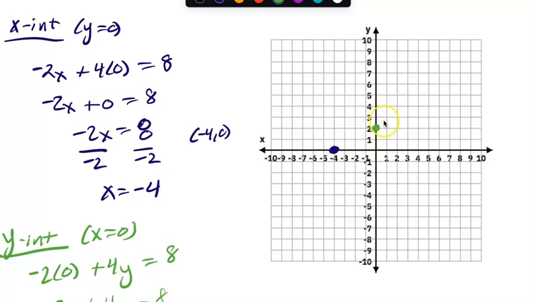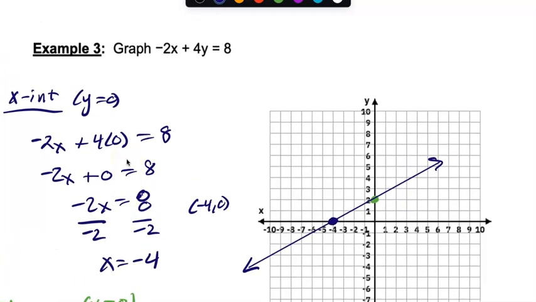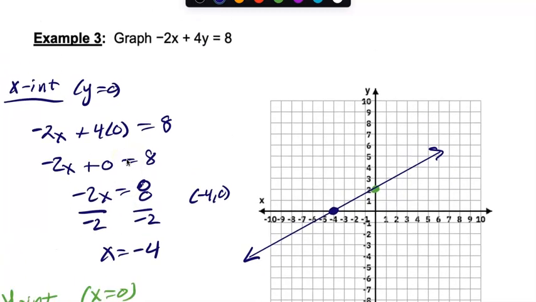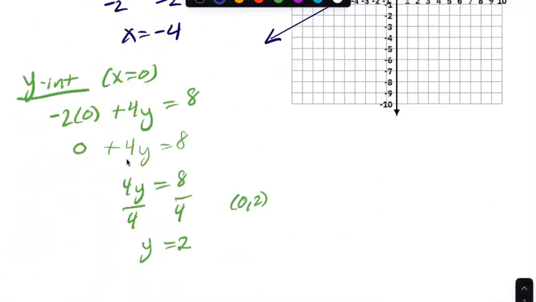And now we have our x and y intercepts, and we connect them. And there's our graph using x and y intercepts. Right, a little easier, a little fewer points. You've got to find 2 of them. I do have to solve them both, but that's how you'd use it. That's how you graph by finding x and y intercepts. Okay, the next way,